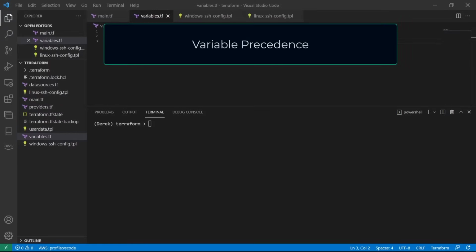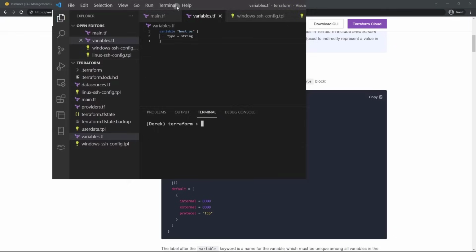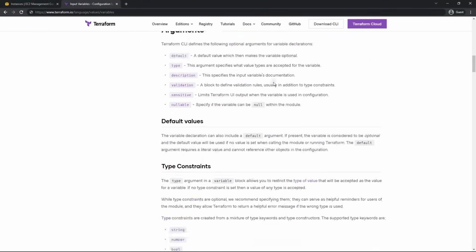We've now seen how to initialize a variable and how to define it at the command line. But as we saw, that is not a great way to define variables when in automation, as it requires dynamic input, which is the opposite of automated. So in this lesson, we're going to look at a few other ways to define variables and which of those ways take precedence over the others. So let's get started. So first of all, let's take a look at the docs again, and if you scroll